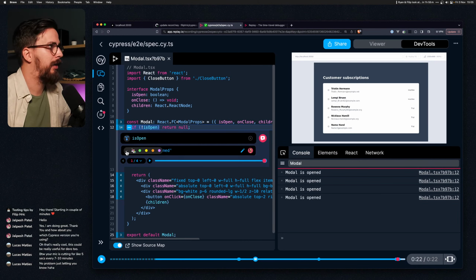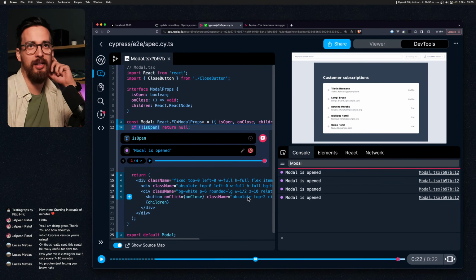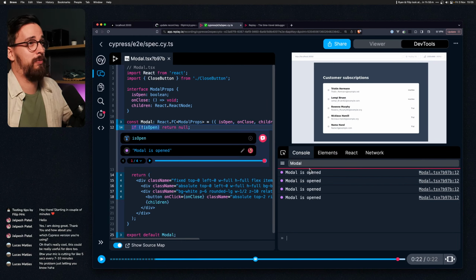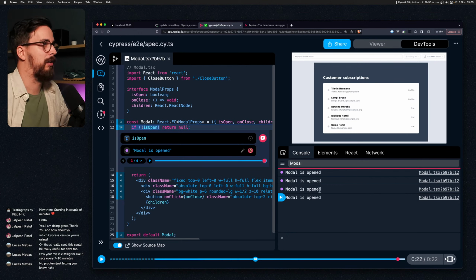Let's take it. Oh, I can add a color. That's also nice. So if you have multiple different logs, you can distinguish between them with the color. All right, let's maybe take a look at some other